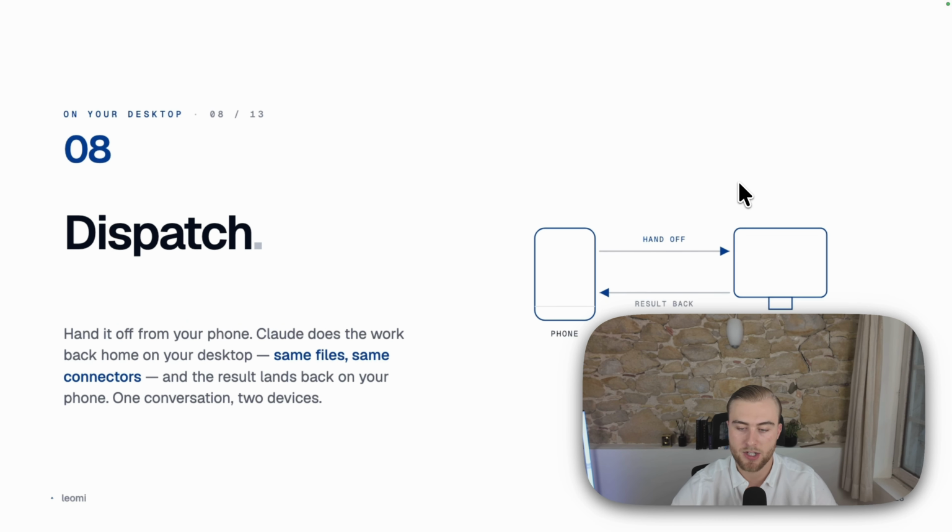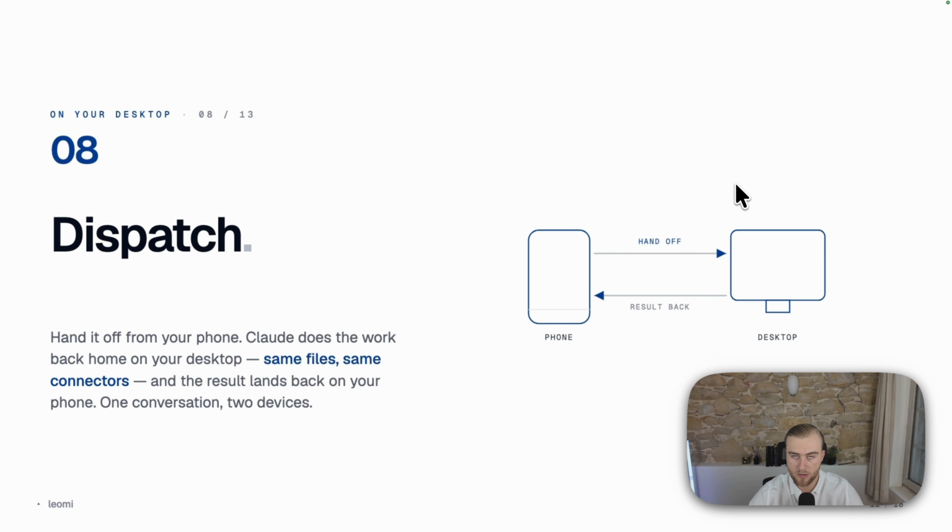Number 8, dispatch. This is the bridge between your phone and your desktop. You hand off a task from the Claude app on your phone and Claude does the work at home on your desktop. Same files, same connectors, then hands you the result. It flips the whole workflow. Instead of actively working alongside Claude, you give it a task remotely and pick it up later on whichever device you're on. One shared